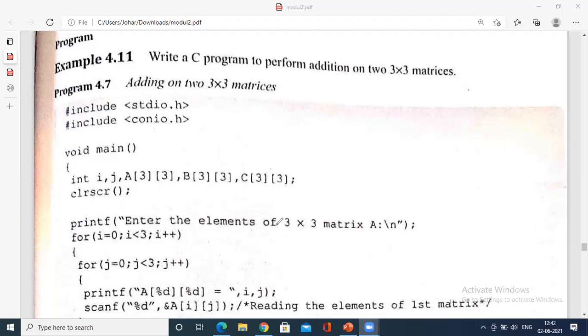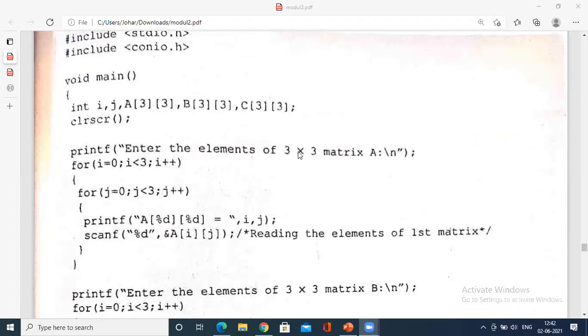So my request is, they will ask you the multiplication or the transpose, 100% for 10 marks. So you have to be careful. You have to take two matrices and enter the elements of the two matrices. It is not mandatory that you write the program exactly as it is. For example, here after entering the matrix, you are displaying it. That is for the user's convenience.